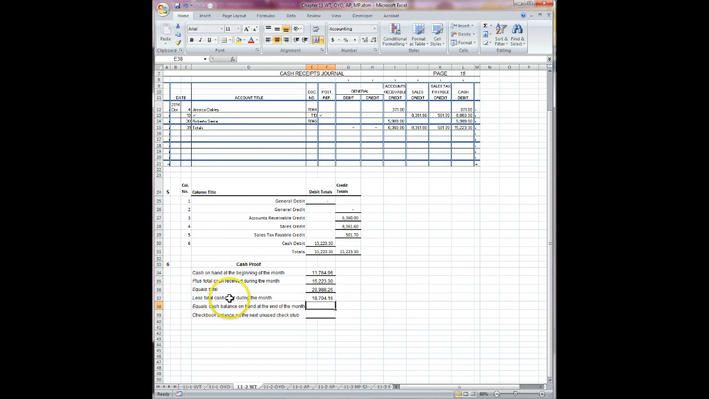This says equals cash balance on hand at the end of the month. So this is how much cash we had and how much we brought in. This is how much we spent. So we probably need to subtract these two. Again, we can do an equal sign, click the first one, do a minus sign, click the second one. So our cash on hand should be $8,284.10. So the last line for problem number 6 says on October 31st, the balance on the next unused check stub was